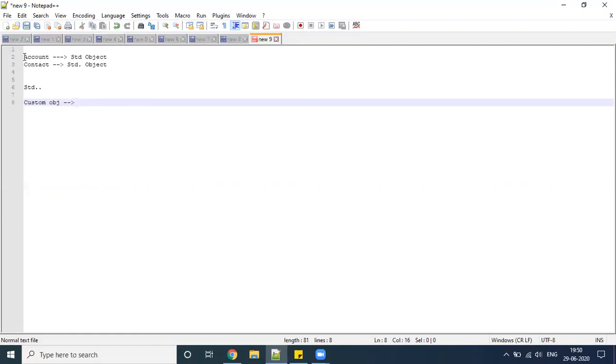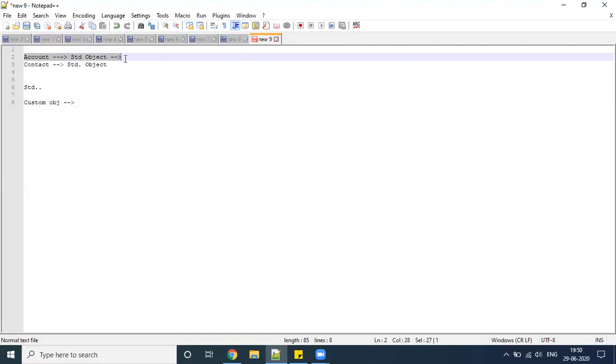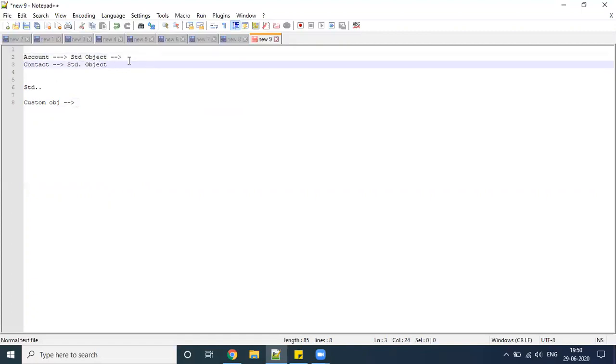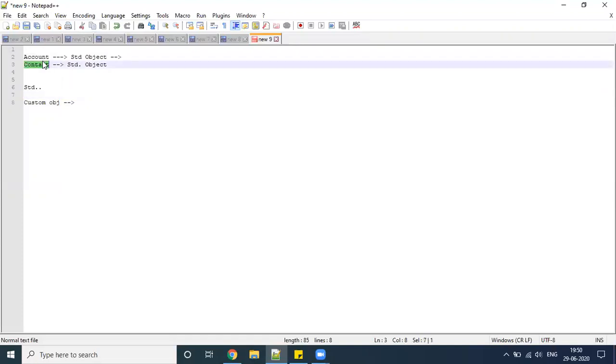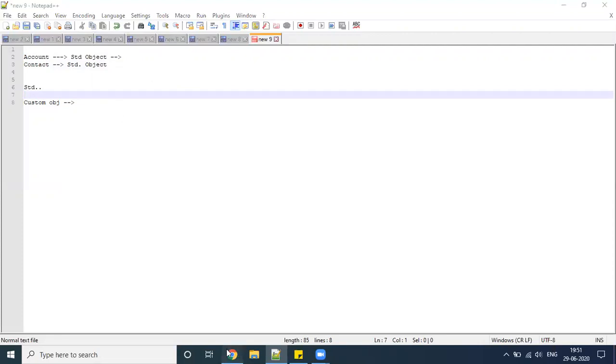So if I want to add a new field. When we saw the account object, we saw a few already created fields. Suppose in the account object I want to create new fields based on my business requirement. These have been provided by Salesforce, but what if I want to capture something new? We can create new fields and assign them to particular profiles and all. Okay, so let's go to this